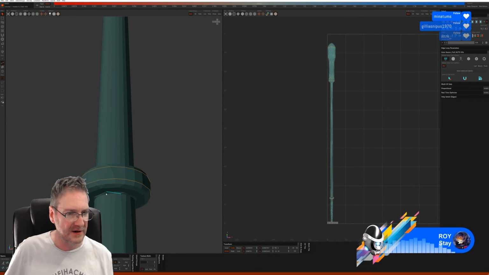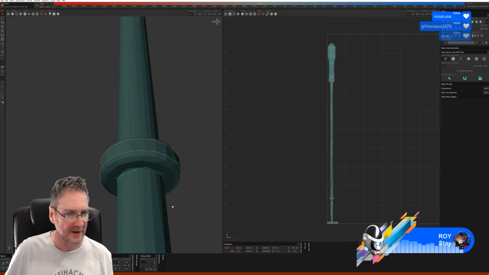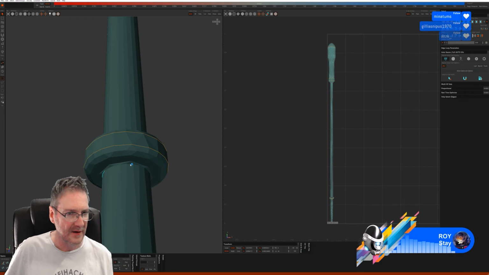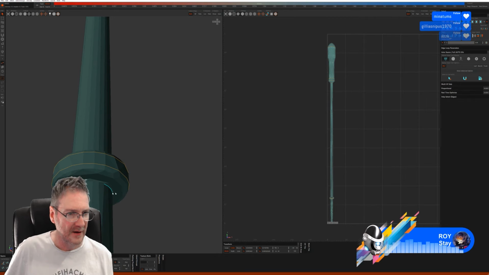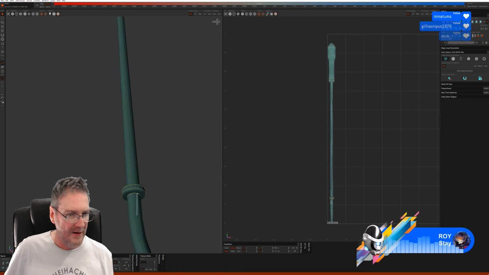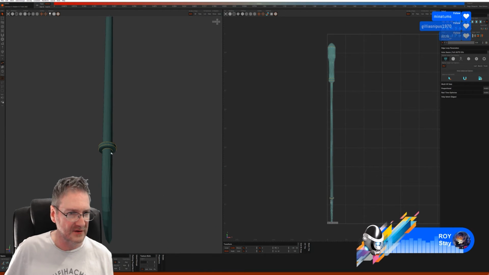And then one in here. Okay, and then we're going to do a cut along the back.